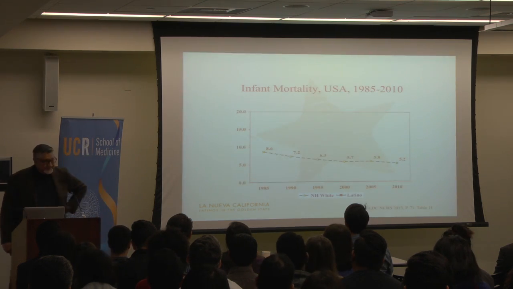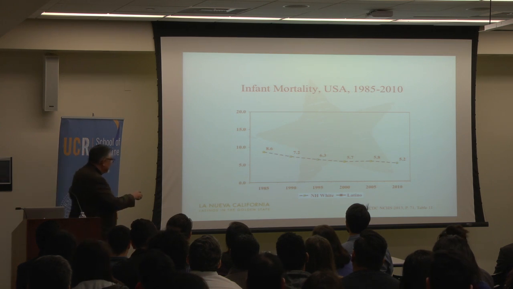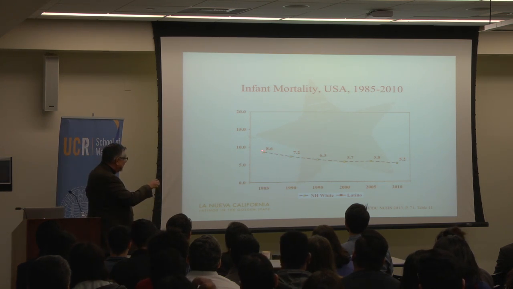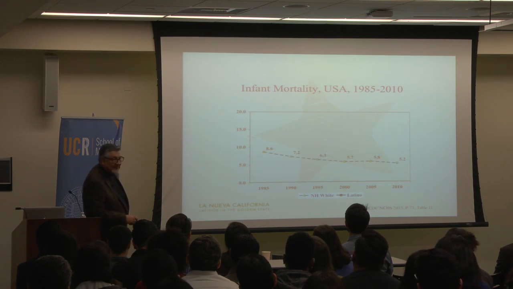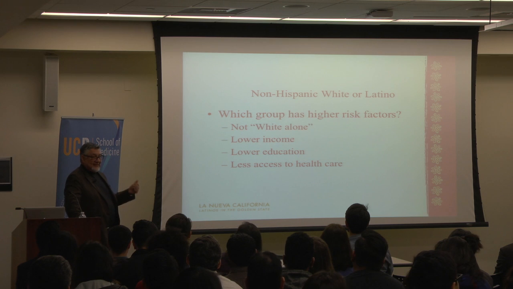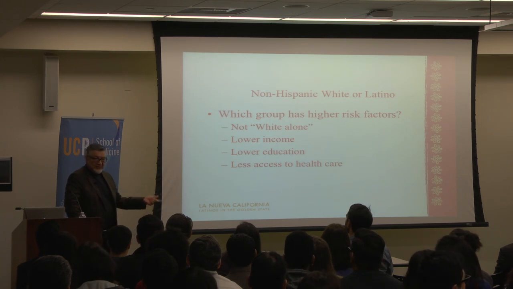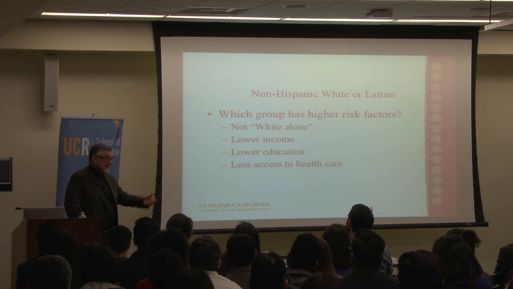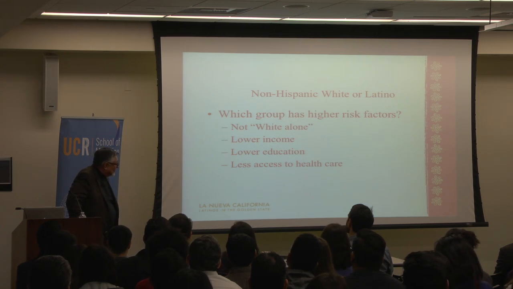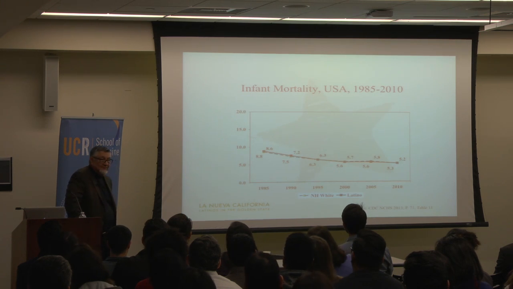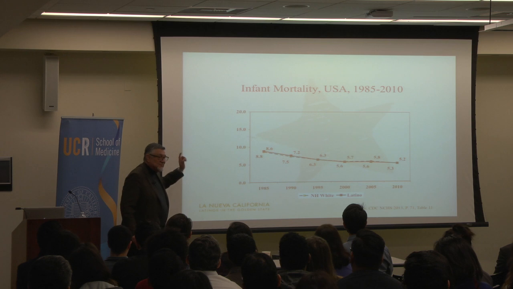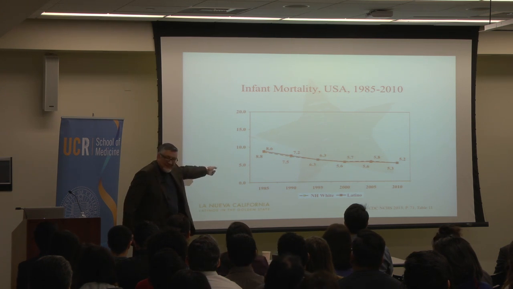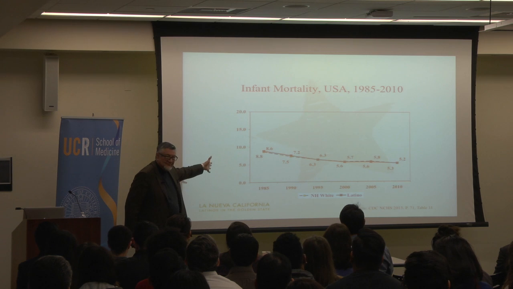Let's look at infant mortality. These are all national level data. From 1985 to 2010, this is non-Hispanic white infant mortality. Now, we know from the birth record that Latinos receive fewer prenatal visits. They're initiated later into the pregnancy. So which group should have the higher infant mortality? Add in race and income and all that. Should be Latino, right? And the actual curve is, they're identical. Even though the mothers live worlds apart in terms of age, income, education, access to care, and race, identical.